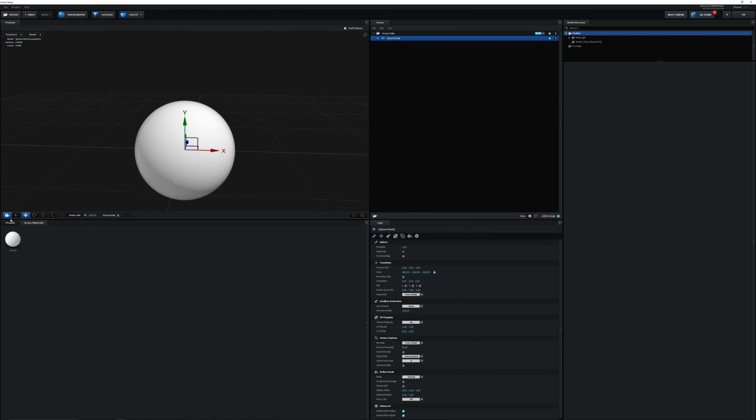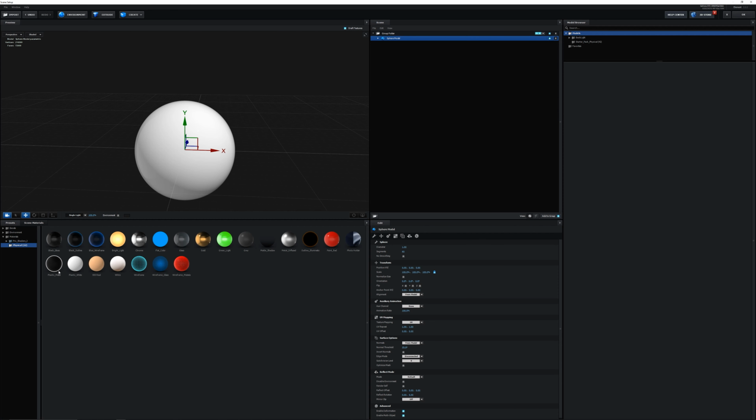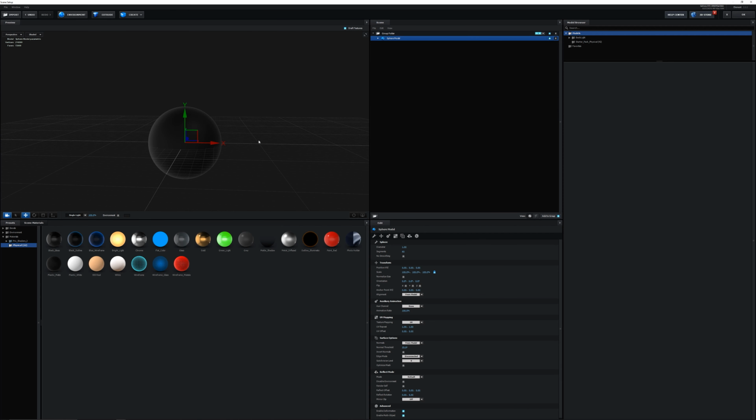So for the material, we can go into presets, physical, and then just choose something like the plastic matte. We just need something very simple. We do want it to be dark or like an inky surface. And because this is going to be displaced, we also need to go down into the surface options, and then under normals, change this to dynamic deform. And then the normal threshold is where it becomes sharp or not. So if you get some really weird sharpness, crank this up higher. So you can go all the way up to 180 if you wanted, which means that two planes of geometry would have to be at 180 degrees to each other for there to be a sharp edge. For now, we can just leave that at 35. All right, so that looks good. So we can click OK.